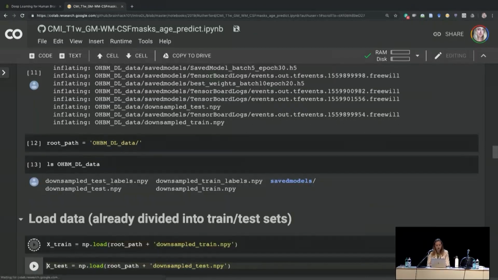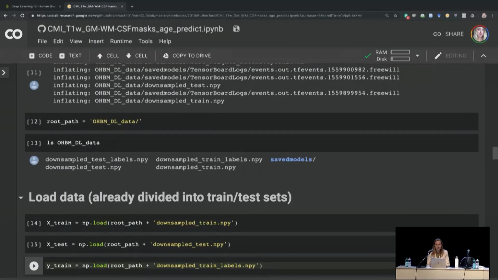I used scikit-learn to do that, and I've already put the data into train and test NumPy arrays, which is how Keras likes to read it. Like I mentioned in that GitHub repo, I have scripts that will take NIfTI images and convert them into this exact format of NumPy arrays if you're interested.